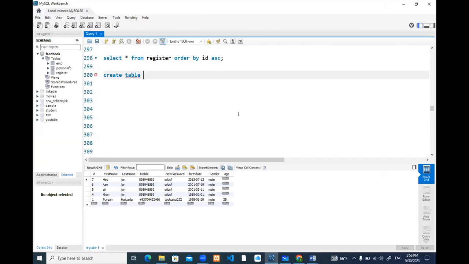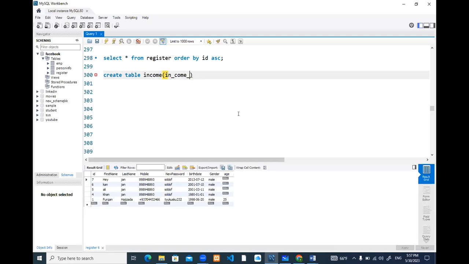We can name it income. I will put columns like income ID,